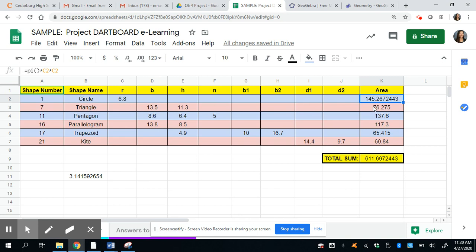So like here for my triangle, I'm not typing in 76.275. I'm typing in the formula. So put in equals 0.5 times base times height. The base is D3 and the height is E3. So that's what I'm going to be looking at. So if I change a number, like instead of the 6.8, I put in 10, the area changes and the